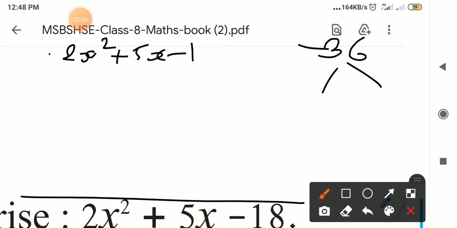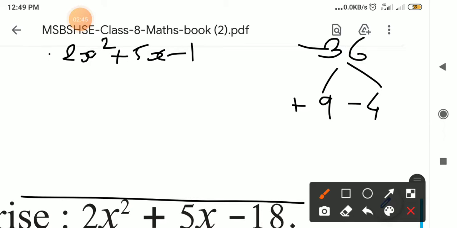So here I will choose the 9 into 4, and 36 ones are 36. If you do the addition of this, 37 and subtraction is 35. So it is cancelled. Just as I told you before, we have to see which sign we want here: plus 5. So we give the plus sign to the bigger number, and minus to the smaller one. So 9 4s are 36. Then here minus 9 and plus 4. Sorry, plus 9 I told you. Plus 9 and minus 4. Its subtraction is plus 5.